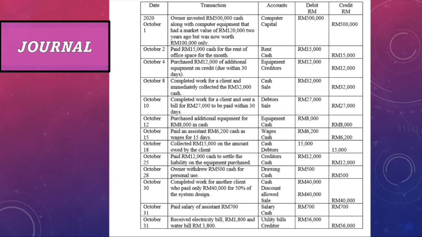October 18, cash, debtor 15,000, amount owed by the client. October 25, account creditor, cash 12,000 to settle the liability of the equipment purchase. October 28, account drawing, cash 500, withdraw 500 for personal use. October 30,